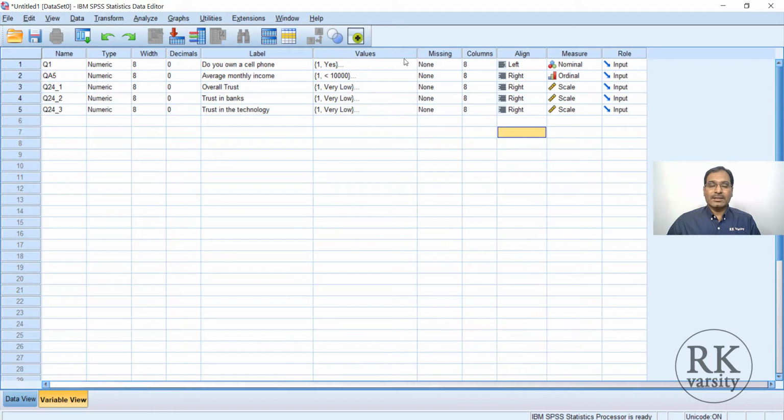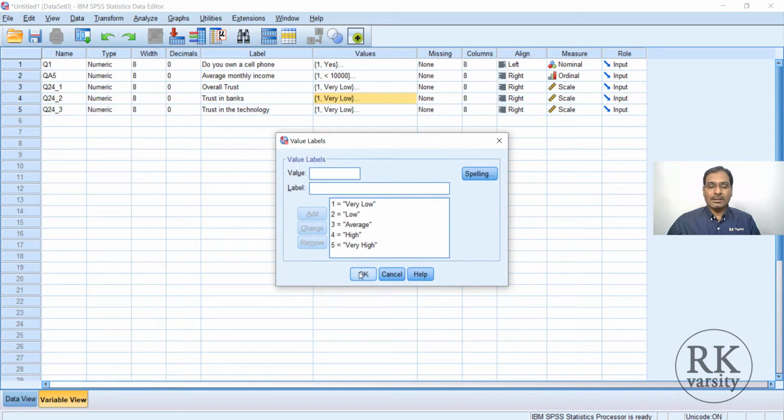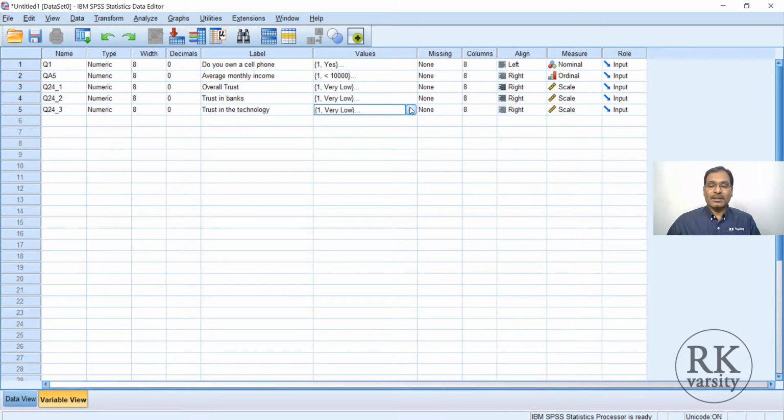You can see here now. So first option, so you click here on the 3 dots, you can see the options here. So similarly for this one also. So this is how you can enter your values of nominal scale, ordinal scale, as well as interval and ratio scales. Suppose if you have string values, so rarely we use string values in IBM SPSS. All the variables need to be coded and converted into numerics.